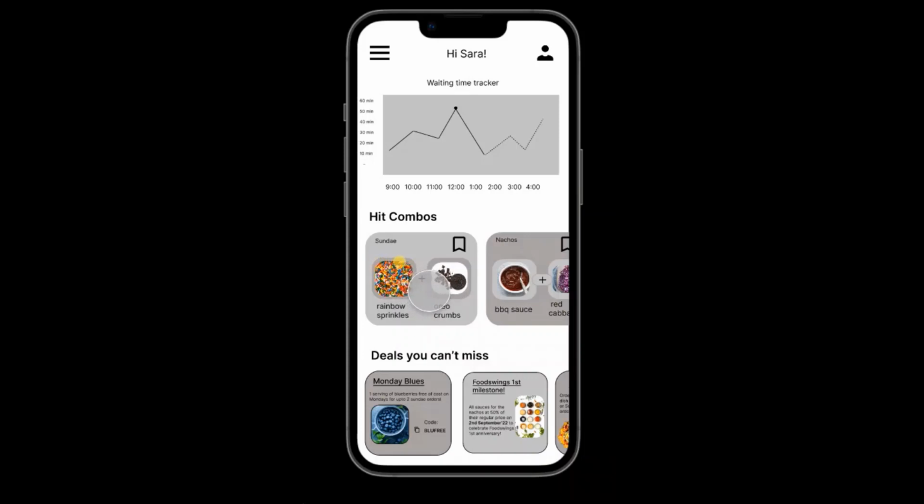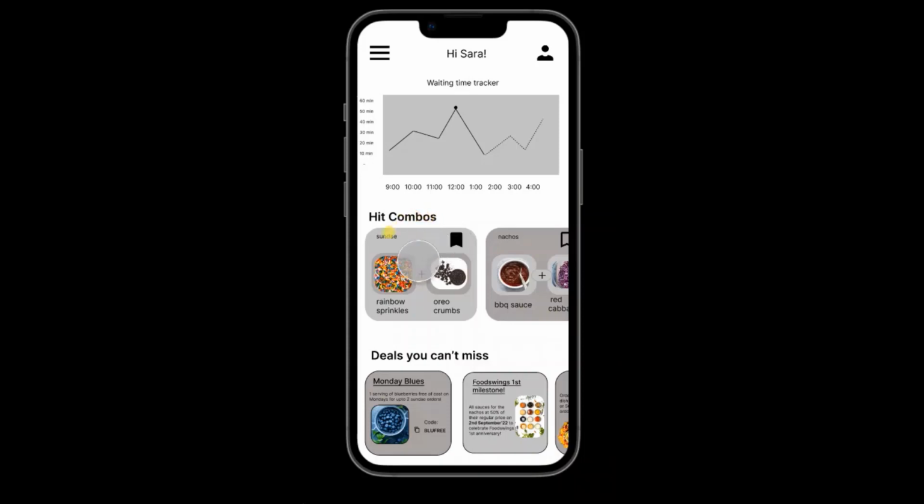So you can also notice that in addition to displaying how the components of each combination look, and the labeling that says which dish this combination is for, there's also a little bookmark icon here, which is to save this combo. So for example, now that I've saved the combination of rainbow sprinkles and Oreo crumbs, this combination will be available in my saved combos list that I can then include as part of my sundae. So this is how the